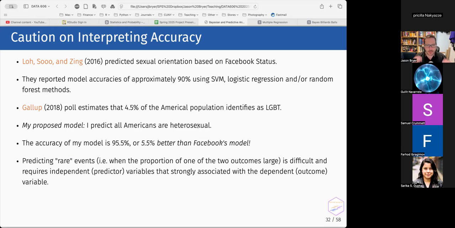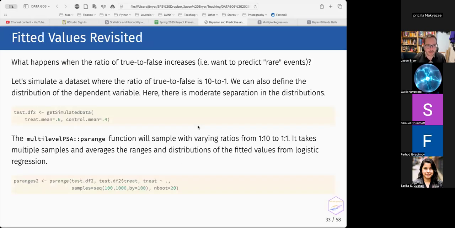And so there are two major takeaways from here. One, don't overstate your model, please. And second, if you're trying to predict extremely rare events, these kinds of accuracies are probably not the way to go. It's just going to be a hard problem, and you're going to learn strategies in this program on how to deal with it. It's something I struggle with in a number of areas where I've had that. And I first